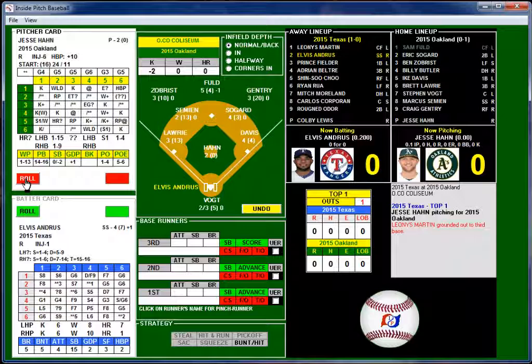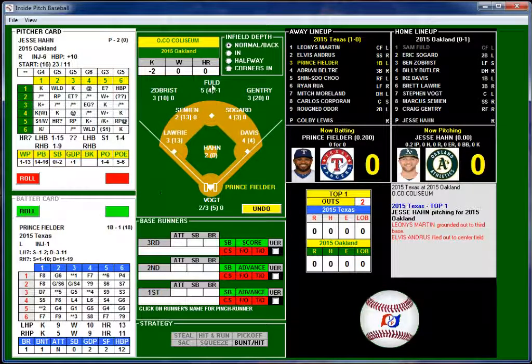Let's take a look at what Jesse Hahn can do against Elvis. 1-3, and even with the extra plus, the K plus, it's still not a strikeout. 56, that's going to be a fly ball to Flood in center field.